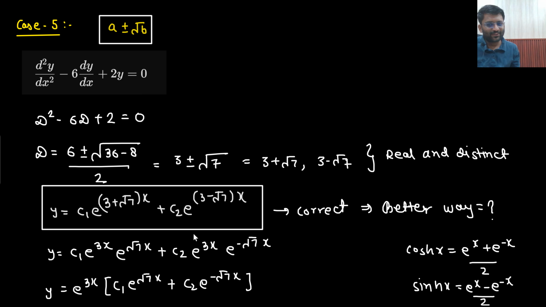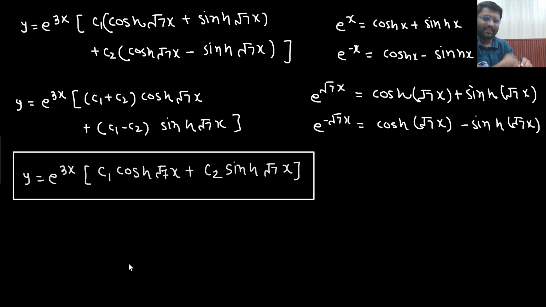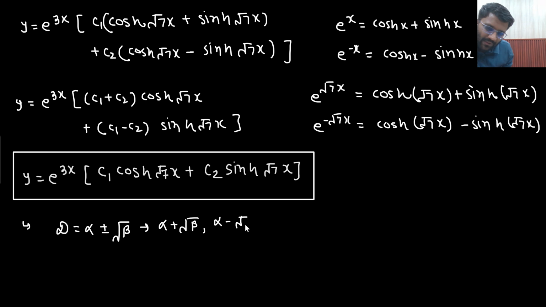So sir, yes, this answer is also acceptable. Basically the point is that my roots came out to be real roots only. When I solved the differential equation, my roots came out to be alpha plus minus under root beta. They are real and distinct roots only. So why are we writing a different case? We are writing a different case because it could be written in a different way. So roots are actually alpha plus under root beta and alpha minus under root beta. So the value of y would be e to the power alpha x, c1 cos hyperbolic under root beta x